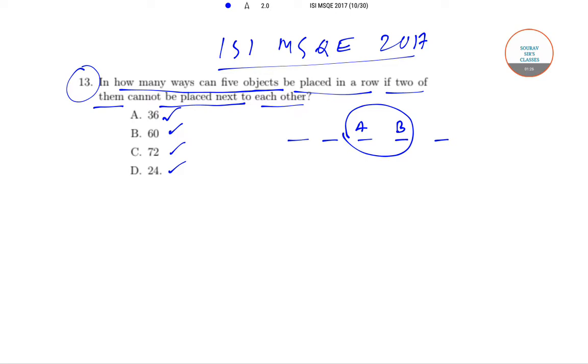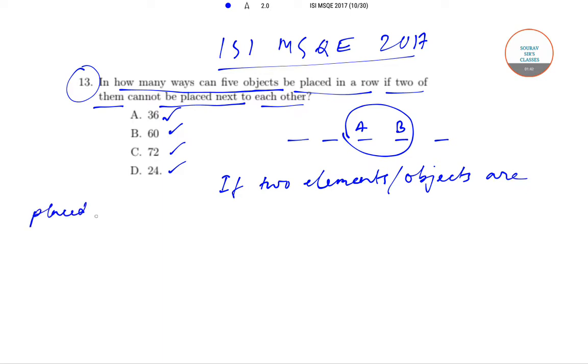In this case, if 2 elements, or in this case objects, are placed next to each other,